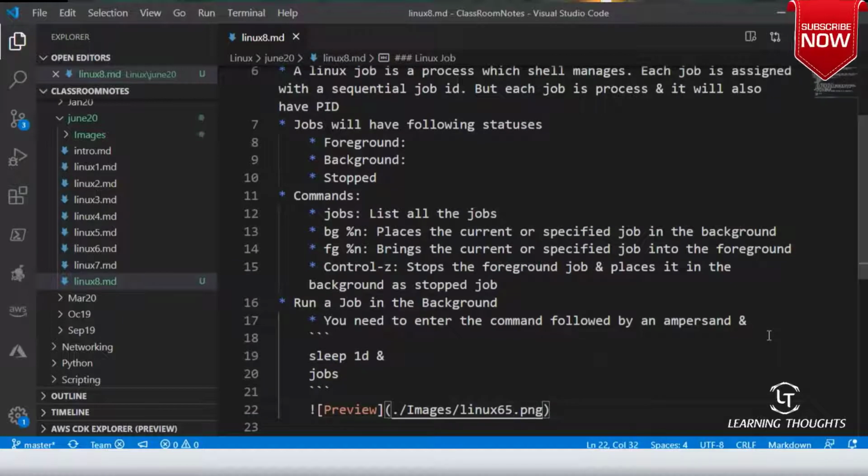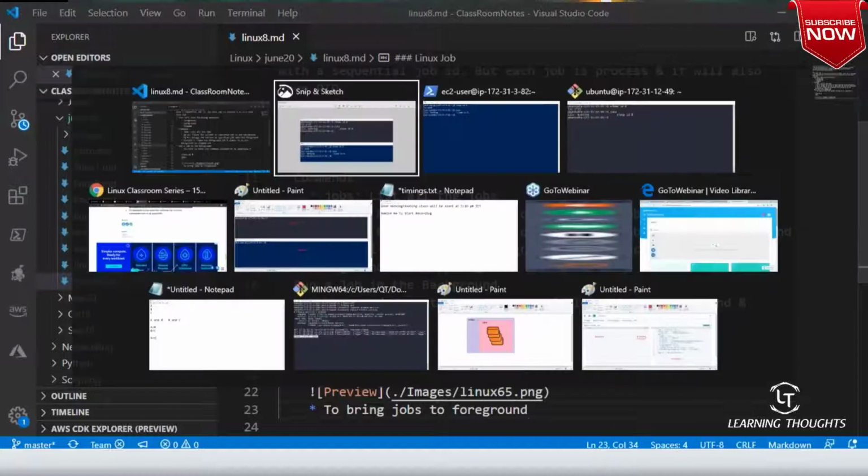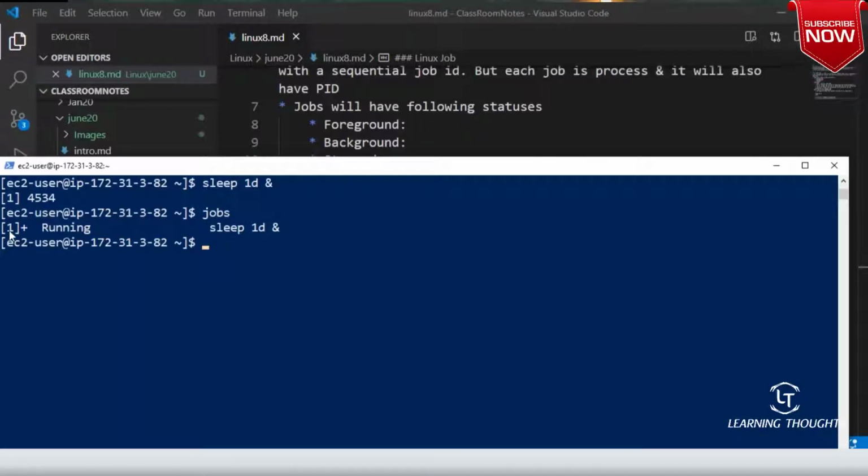Okay. So jobs which you have run in the background can be brought to the foreground. What is the job number? What is the ID which you are seeing over here for this job? Is it 1? Is it 1, sir?